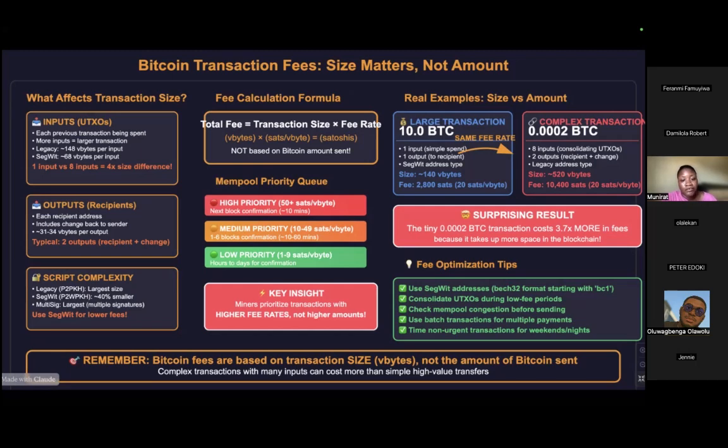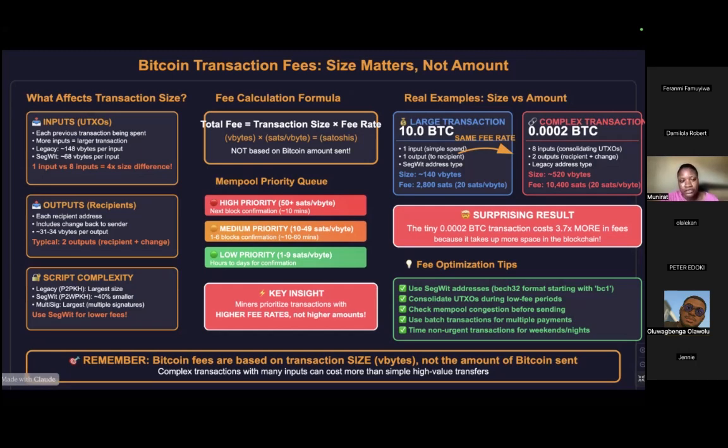And then anytime you have to make transactions, you have 0.98, and that's like your input right now. Then you can know how to construct your transaction, which makes it better for you and reduces the fee. Then you have to check the mempool congestion before sending. You can use mempool explorer, mempool.space, or a blockchain explorer to check. And if you are running a full node, you can also check.